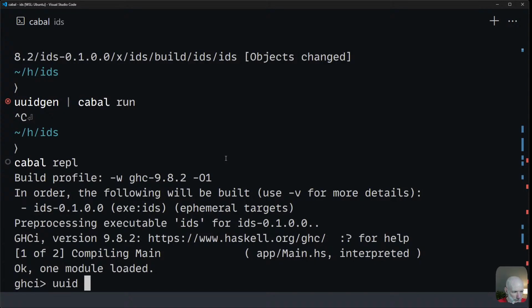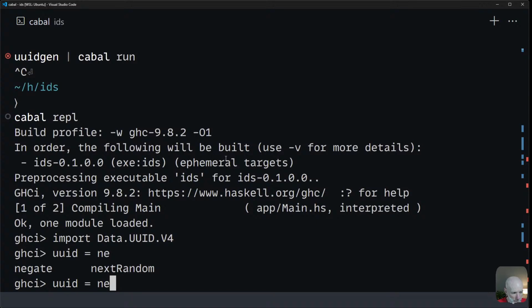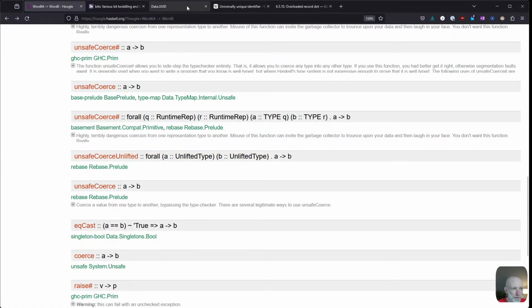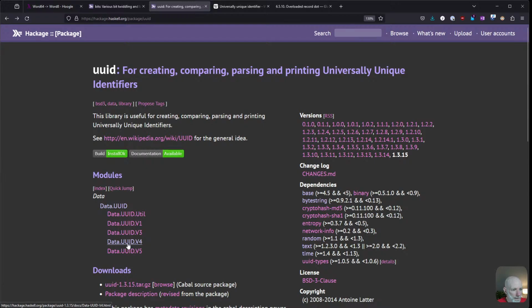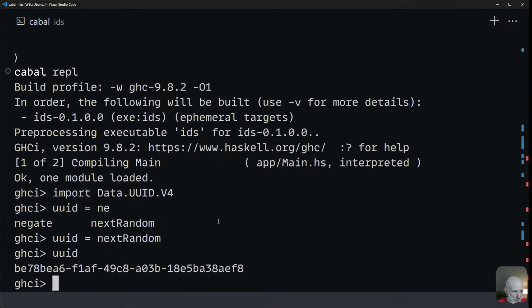So UUID, let's import Data.UUID.V4, and then you can say UUID is equal to... what's the name of the function there? UUID V4 nextRandom. Oh, what's just nextRandom? Okay, so that's our UUID, and then we should be able to say UUID dot